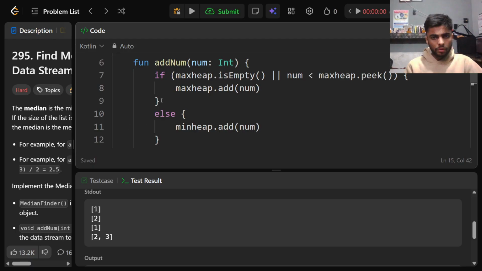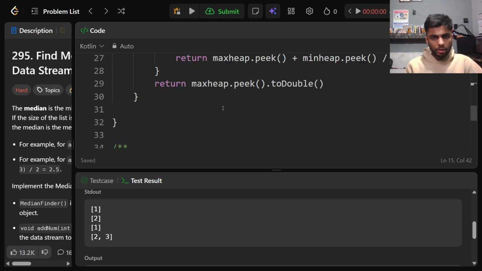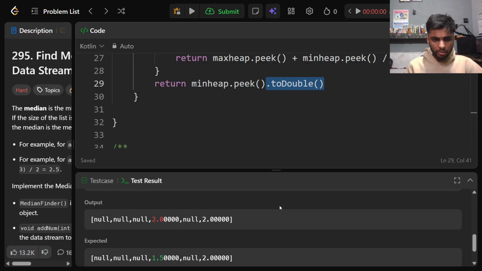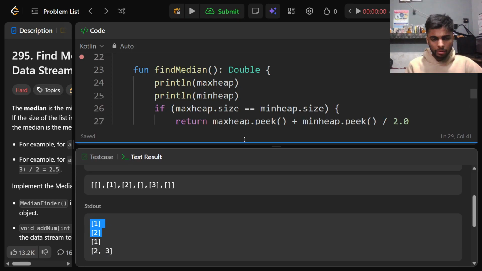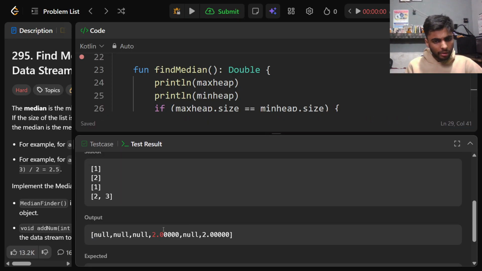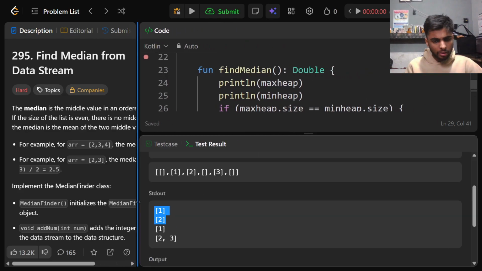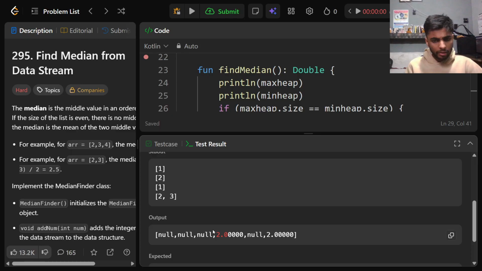Two is not smaller, and 3, well, here let's say I do this, and yeah, no, because this method gets called 2 times. 2 plus 1. See, the second time I'm getting the right answer. The first time, for some reason,